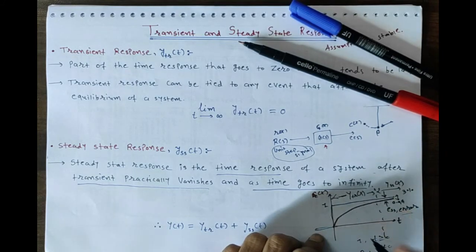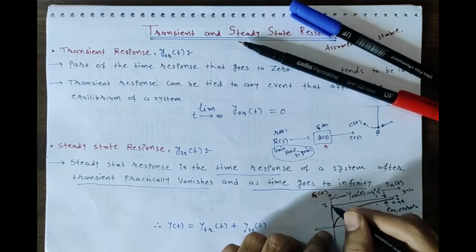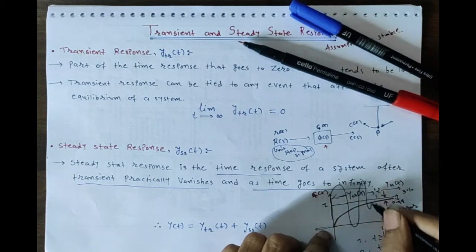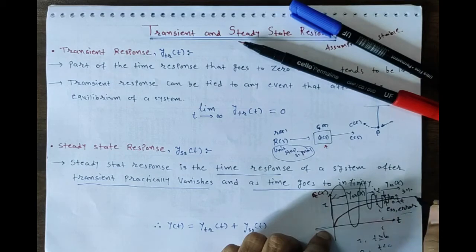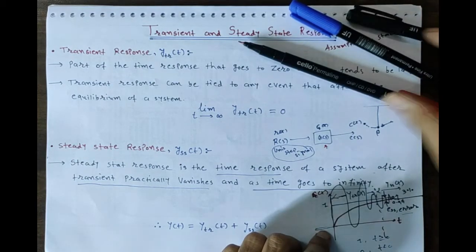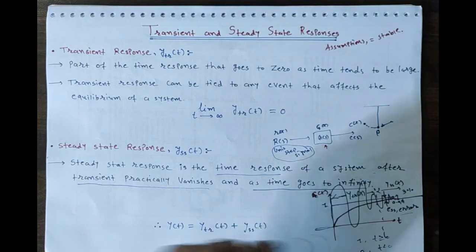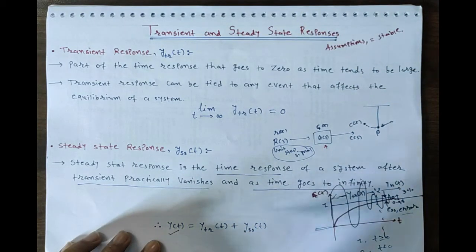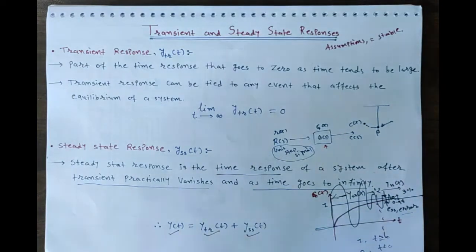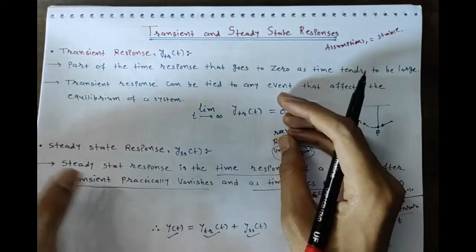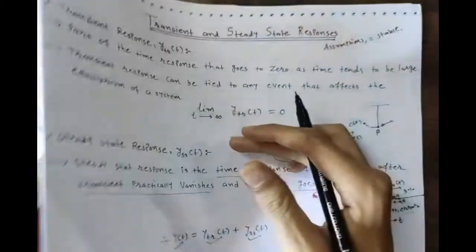So in case of an exponential function, the behavior of the system will be something like this, and your oscillation is damped out at some point, and then it will try to catch your steady state value. So we can say your total response y(t) is nothing but your transient response plus your steady state response. Okay, now let us define your standard input signals.